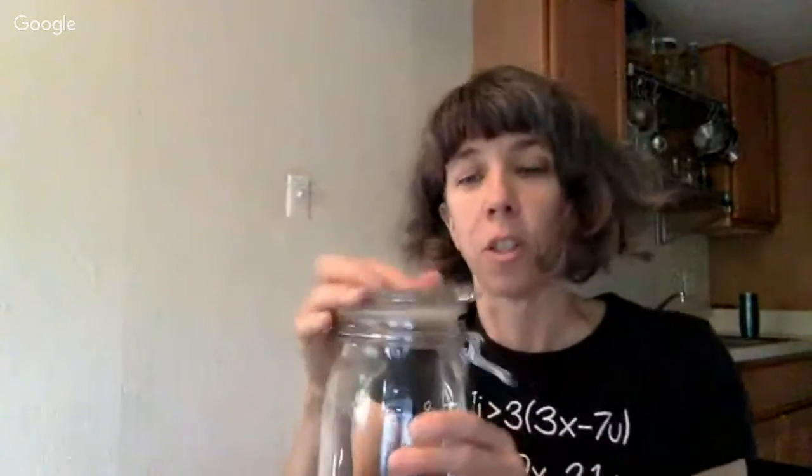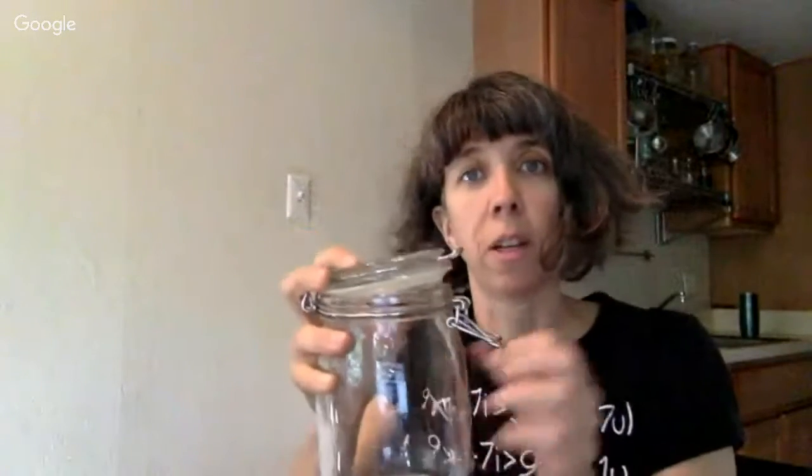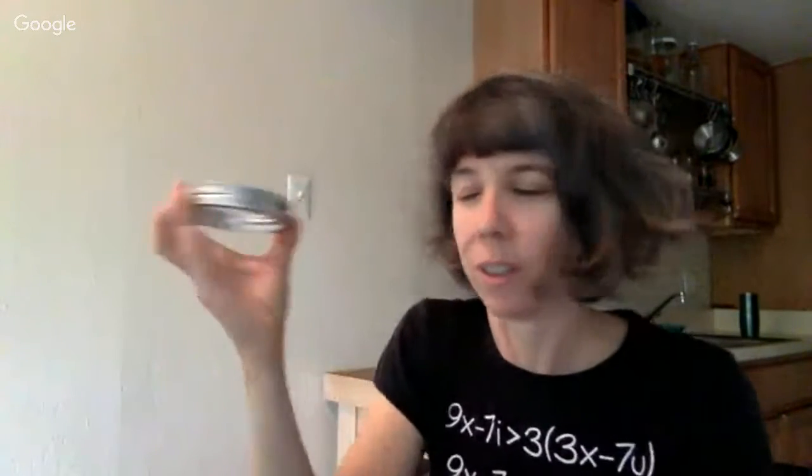I like to use these because the carbon dioxide builds up as the vegetables ferment, and some of it will escape through this rubber gasket. Also, if you use a mason jar for fermenting pickles or salsa or sauerkraut, the metal lid will rust, and it's really hard to open, and plus it gets ruined. I have used mason jars many times, but I like these. One of the things I love about fermentation is that you don't need fancy equipment. So if you have jars and,